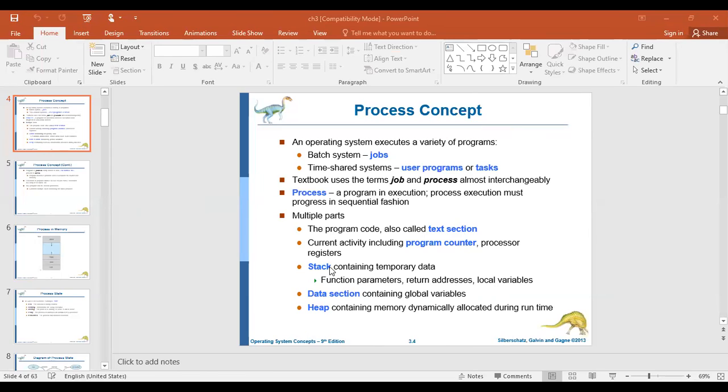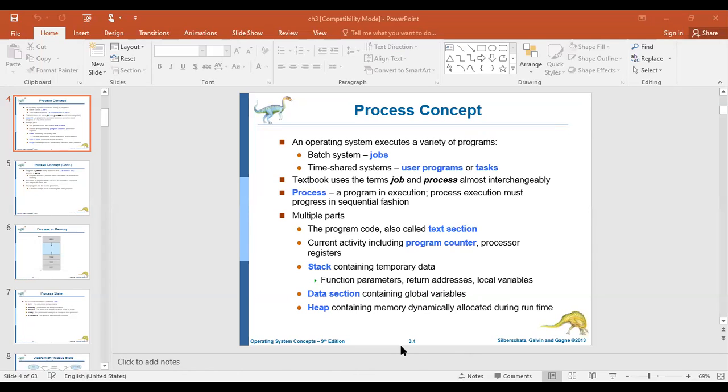And a stack contains the information regarding the local variables, addresses, and functions, because all this information is necessary for the CPU in order to complete the execution of your process.